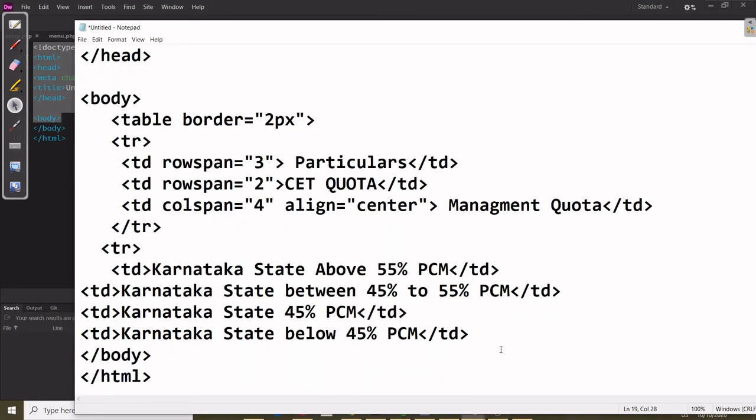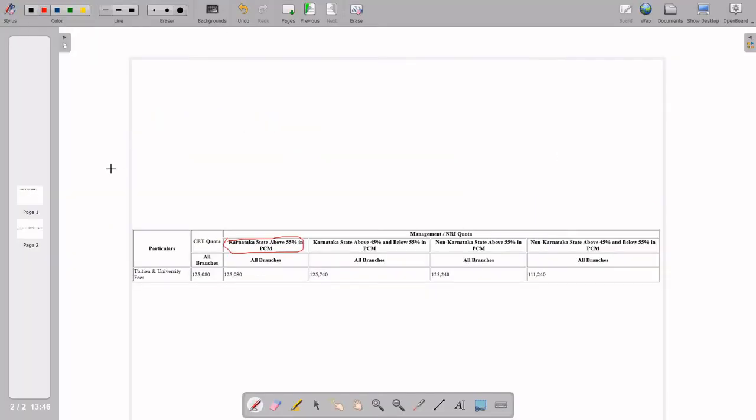So this is the fourth data, that is the second row. Done. Then close the TR. Right? Now the second row is done. Now coming to the third row. Third row, this is your first value. 1 2 3 4 5, because one row is already merged along with the particulars. So this is again the first value. But how many data? TD 5. 1 2 3 4 5.